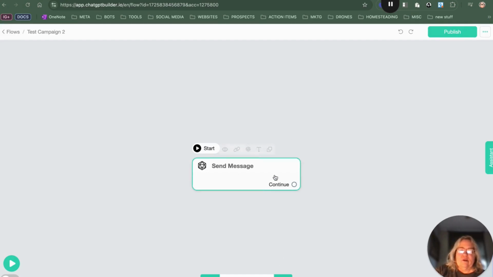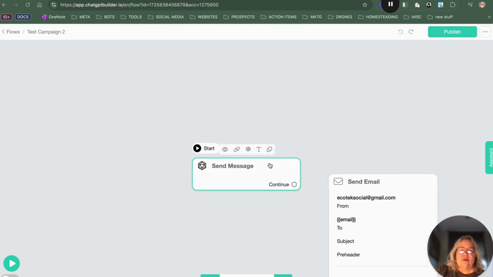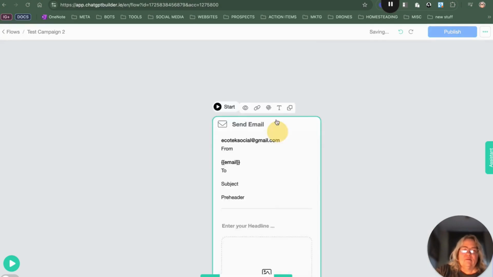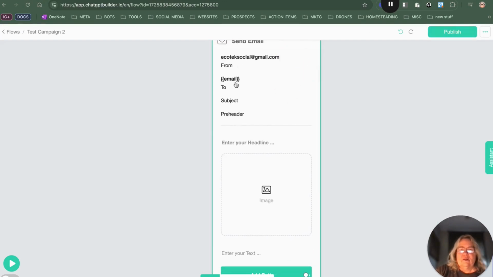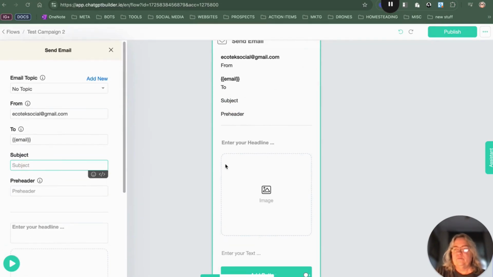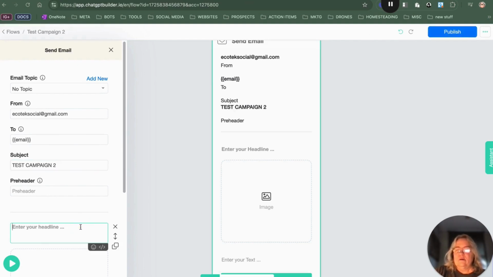And remember, you're not going to do the message. You're going to do the send email. Oh, and I didn't delete that and make it a starting step. I need to go switch that. So make this a starting step. Delete that. And the email comes from me, goes to whoever, whatever email they saved. And the subject is test campaign 2, and